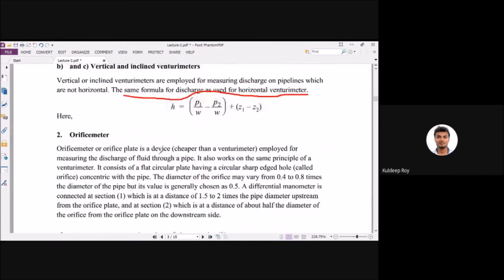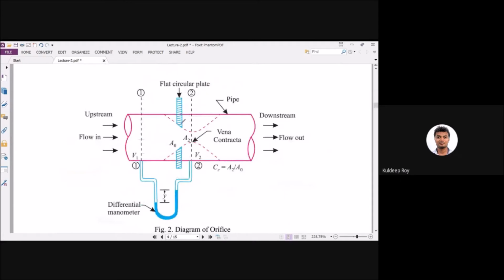now here also, when you apply a plate on the pipe, you have applied a small hole, and the rest of this area will be completely filled with material. Material means any kind of solid surface. So the fluid will pass from this position to this position. Okay, it looks like a venturi, but this is not a venturi. It is creating the same kind of flow trend, but it is not a venturi.